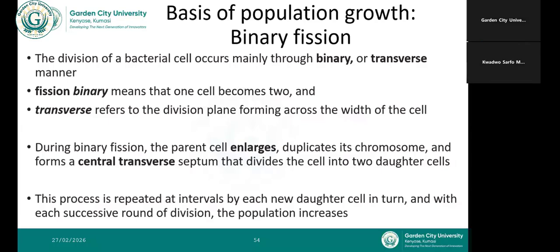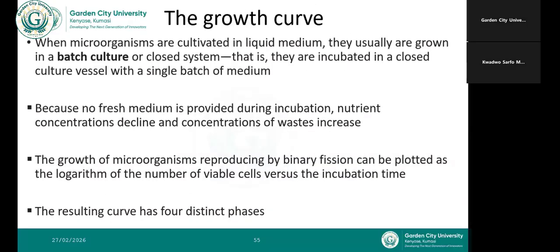So once they grow, they multiply by binary fission and in a transverse manner. So they divide along the transverse plane, and the next generation or doubling time will also result in growth of the population. So once you provide all the nutrients they need and you put them in a test tube that has this nutrient, or on the petri dish that has this nutrient,